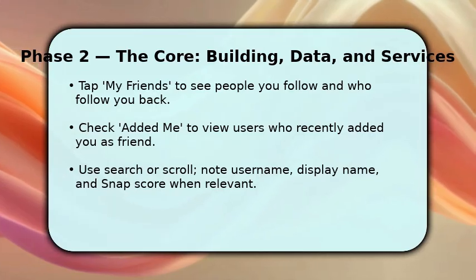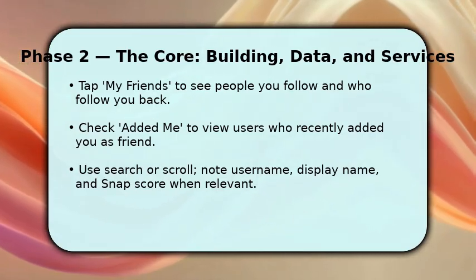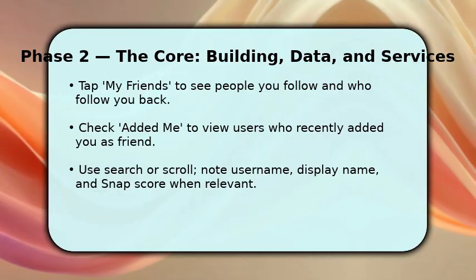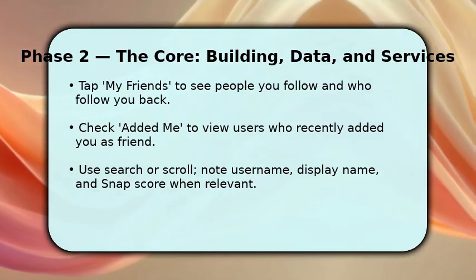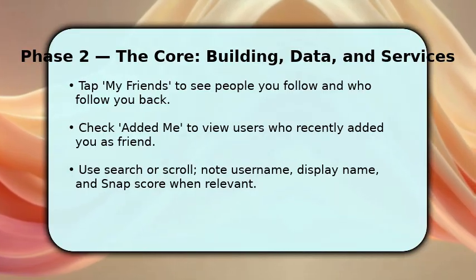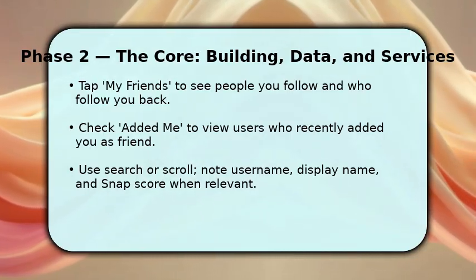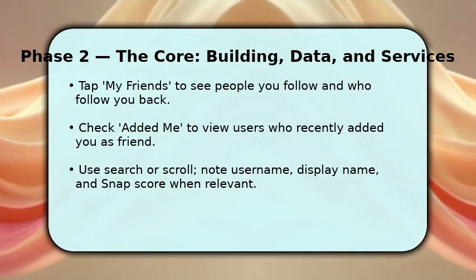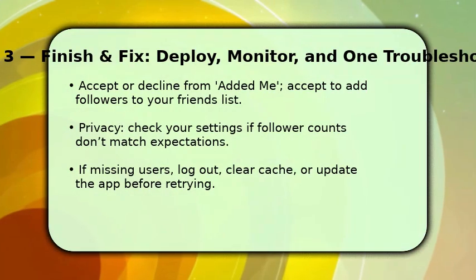Make sure to use the search bar for specific usernames and scan for snap scores or display names if you need confirmation. If someone is not in either list, they may be a follower who enabled private settings. Keep that in mind. To finish, manage entries in Added Me by accepting those you want as friends,